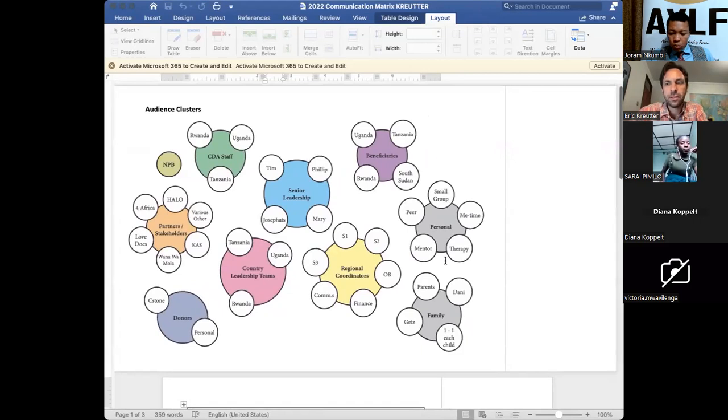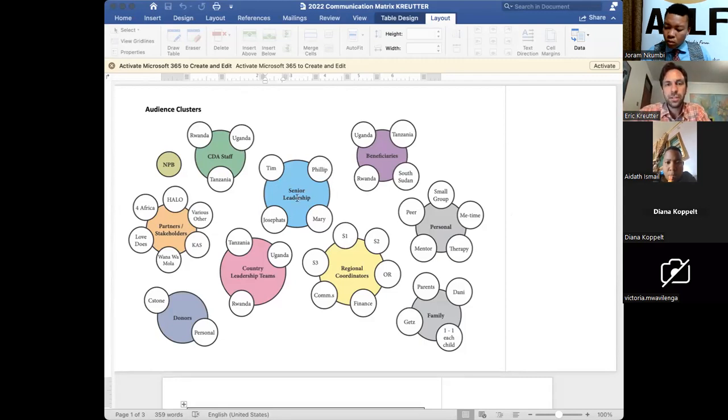So all of you have different audiences, I believe. An audience is really like a group of people that you intend to influence. So when you're looking at how you want to spend your time, you have to think about who are the different groups that are competing for my time. Who are the different groups that need me to be with them? Who are the different groups that I want to influence?